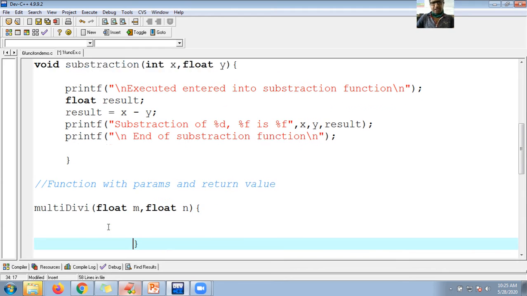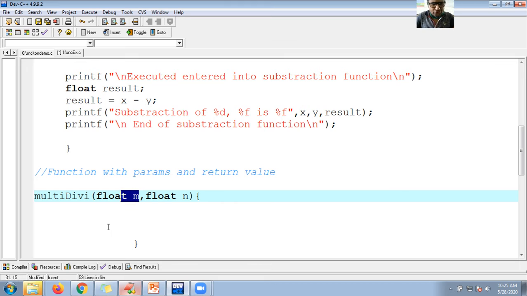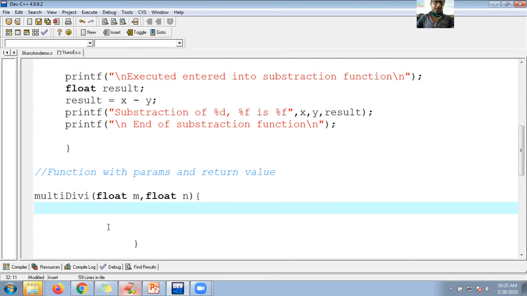So opening closing curly, and I want to show the multiplication and I want to bring the division. So here is float mul and div. Okay, fine guys.